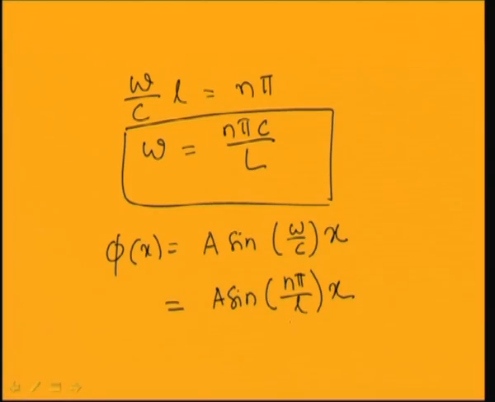So, this is the length of the string. So, this is the first mode. For the second mode, n equal to 2, we plot sin of 2 pi x by L. Then the response will be,